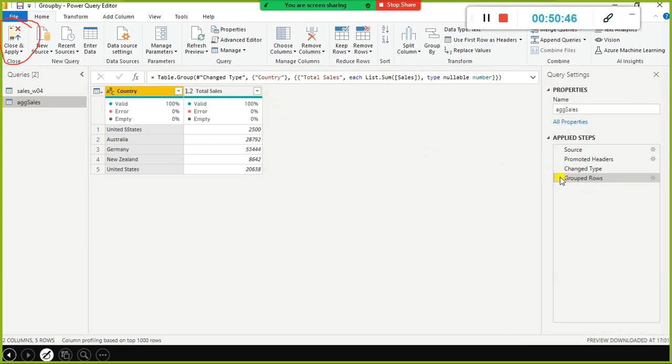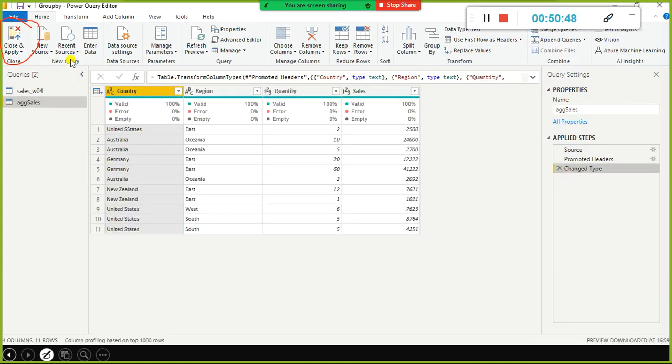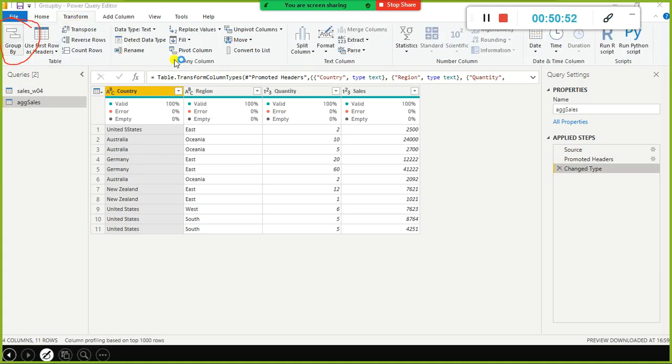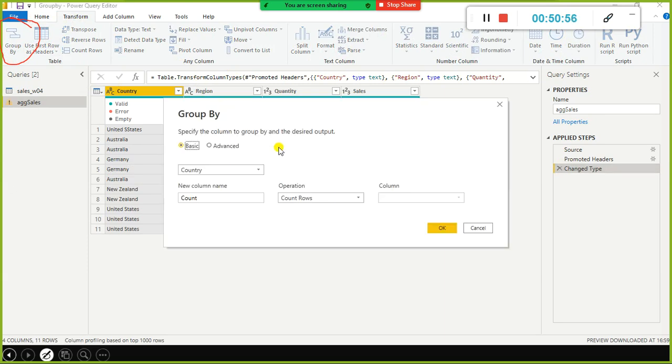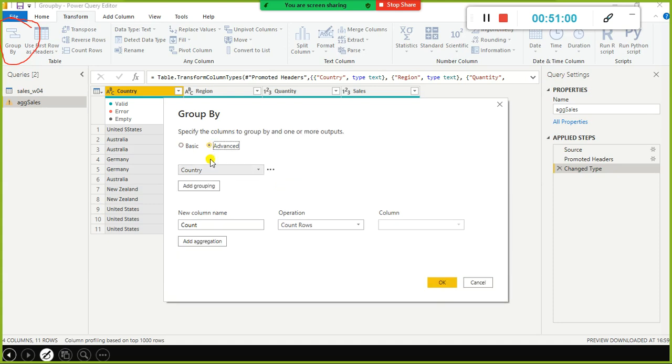So I will show you that one also, since you are all completely new to programming. I'm going to select group by, and select advanced. I'm going to do an aggregation on this column, but still I'm going to perform aggregation on more than one column.